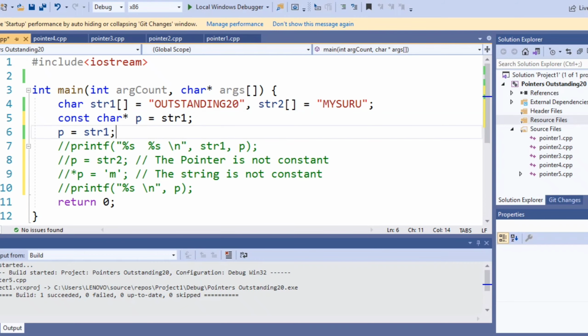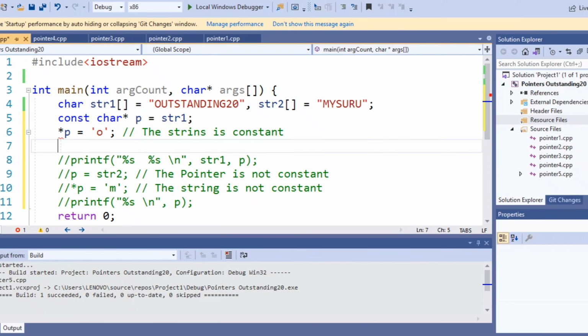Now later, via the pointer, I'm trying to change the content of the string. So you are getting an error here. What this is, is that the string is constant. The string to which the pointer p is pointing is constant.